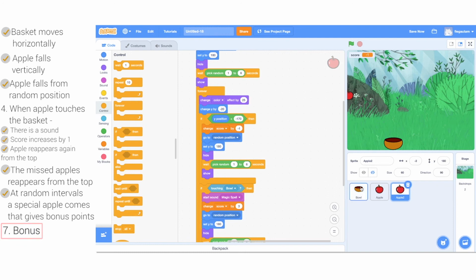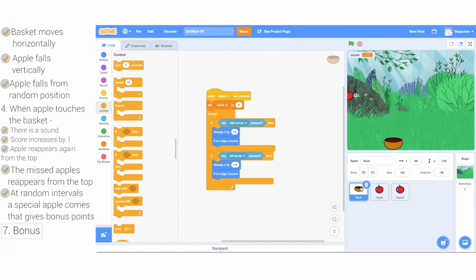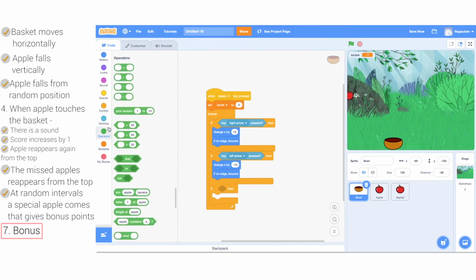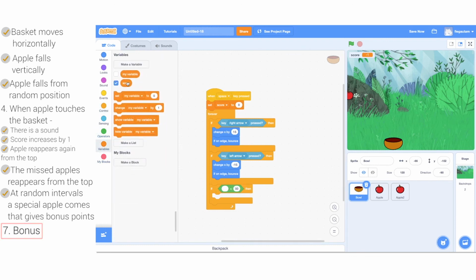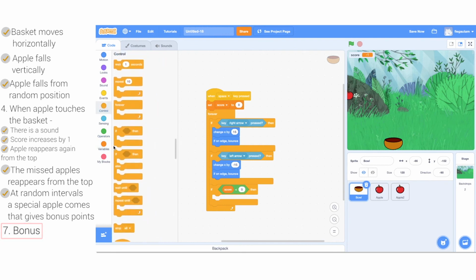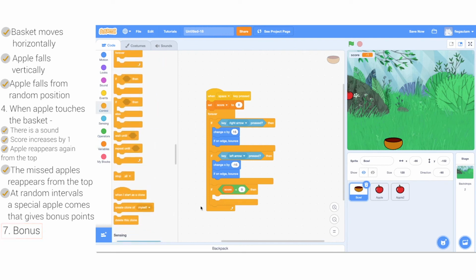So I can go to any part of the code, be it the apple or the basket. I'll go to the basket part of the code and continuously check inside forever that if the score becomes less than 0, then you have an option here called stop all. So I'll go and select stop all.